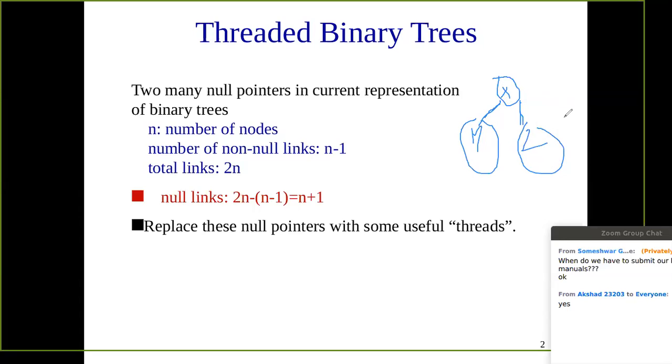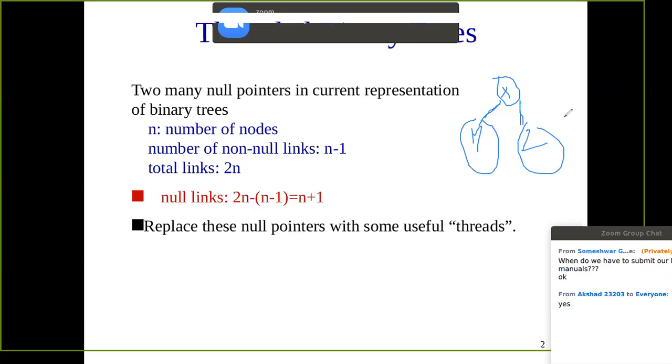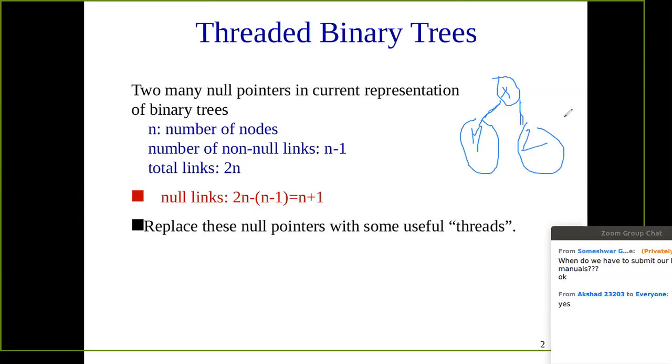So in binary tree representation we are having a large number of null links, and the basic concept in the threaded binary tree is: can we use these null links in order to represent something, okay. And that is the concept of threaded binary tree. So whatever null links are there in the binary tree, we utilize those null links in the form of threads, so it is called a threaded binary tree. And what is the use of that? Once we represent the binary tree with the help of threads, those null links will be used as threads, and that can be used during the traversal.